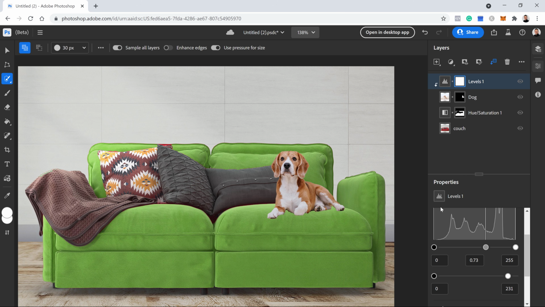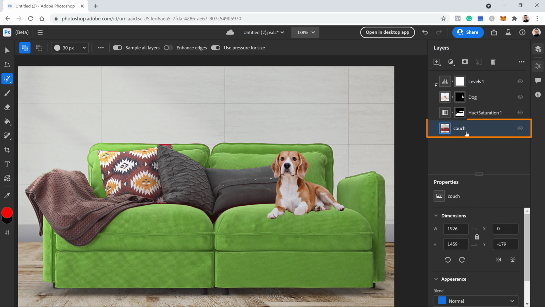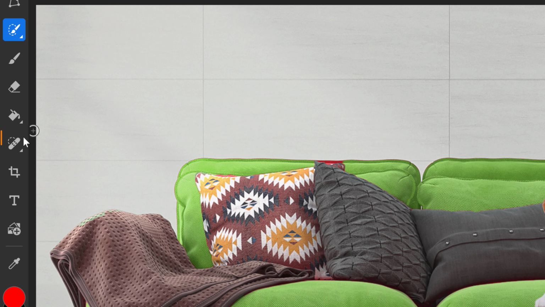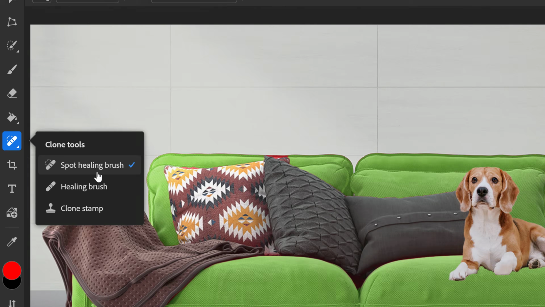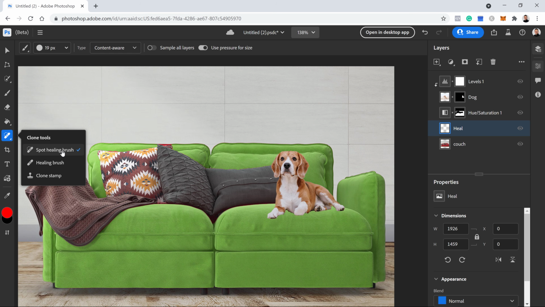Another thing that you can do with Photoshop for the web is, of course, create blank layers. So I'm going to click on this layer here, the couch layer, create a brand new blank layer. You can rename a layer by double clicking on it. And I'm just going to call it Heal because I'm going to use the healing brush tool now, the spot healing brush tool, to make adjustments. I also have the healing brush and the clone stamp tool, but I'm going to focus just on this brush,